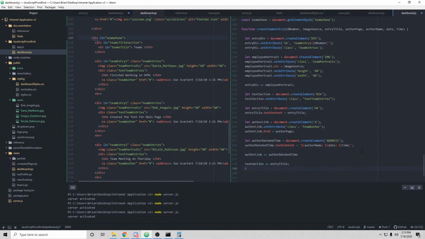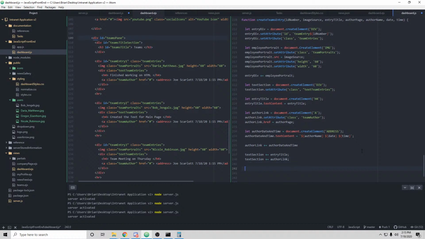Time, and then text section is going to equal author link. That div's complete. I just got to add